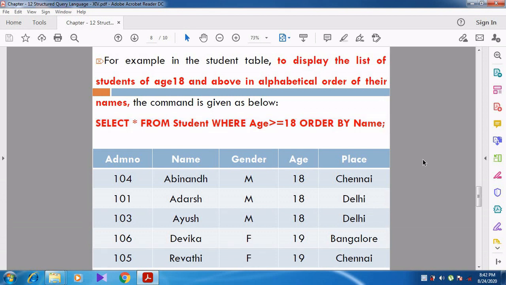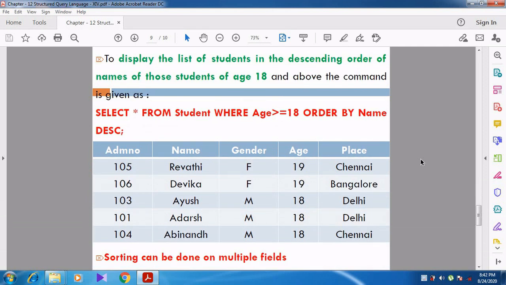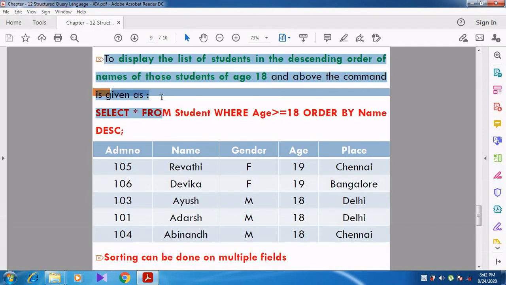Right, now let us see another example. We can go for descending order. To display the list of students in descending order of their names, of age 18 and above. We are going to have the same condition, the age should be greater than or equal to 18, but we are going to arrange the name in descending order.